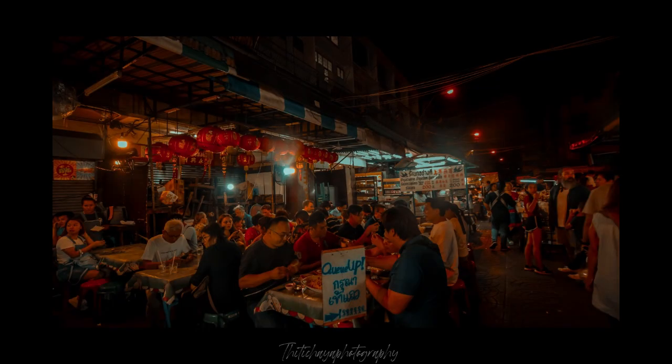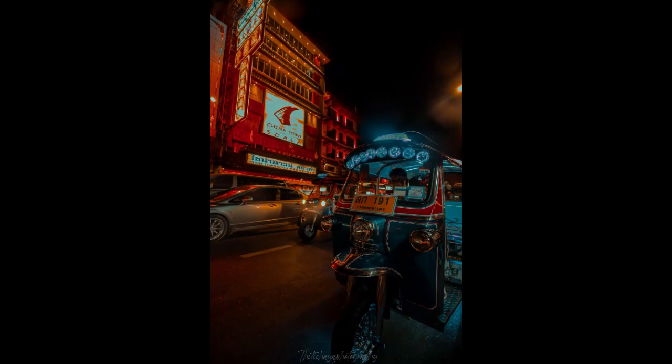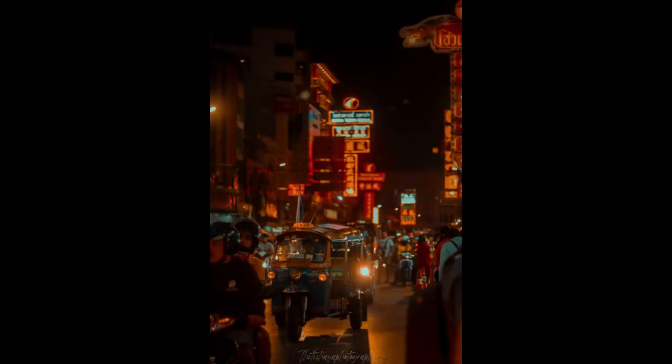Yaowarat Walking Street. On weekend evenings, Yaowarat Walking Street comes alive with vendors, performers, and crowds of visitors. The street is closed to traffic, allowing pedestrians to explore and enjoy the lively atmosphere, street food, live music, and